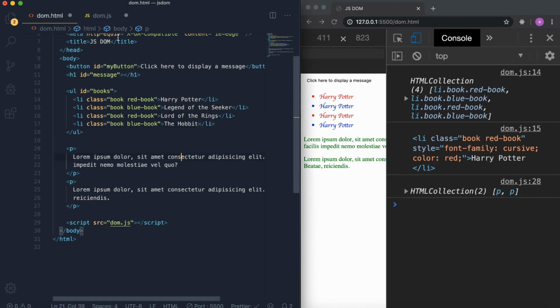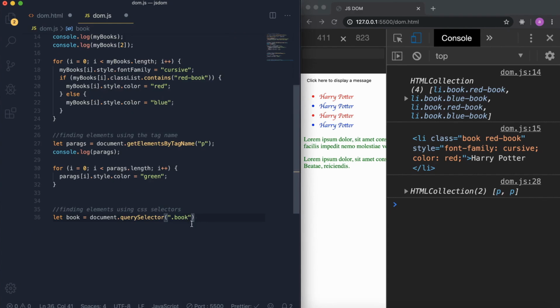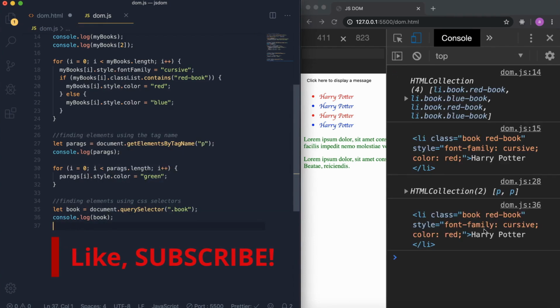Alright, so as I was saying, it will only select the first instance. So if I console.log book over here, you see that it will give us the first instance of the book, which is the Harry Potter book. Okay, now in order to select all the elements that have the class of book, instead of